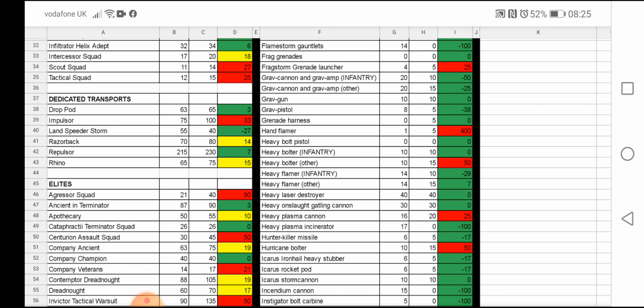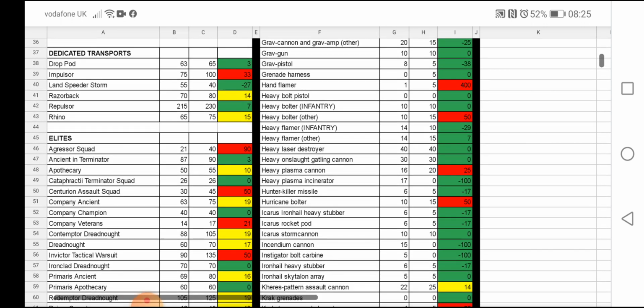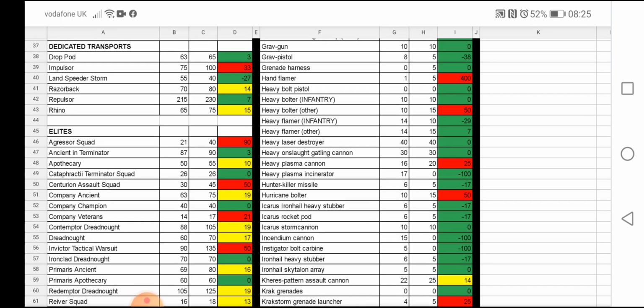I'm not sure about the grenade launcher because I can never remember which grenade launcher it has on. It might be Fragstorm. I'm not sure. But if you can see it on there, guys, I'll leave it and I'll go through slowly so people can see it. Apothecary, I'm just going to go through some of the stuff, go through slowly. I mean, you can pause this video at any point, guys, to see what you want. One thing that has caught my eye is where the Aggressors are, line 46, straight across